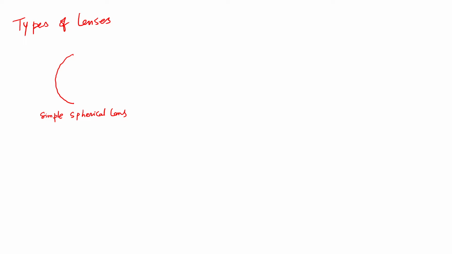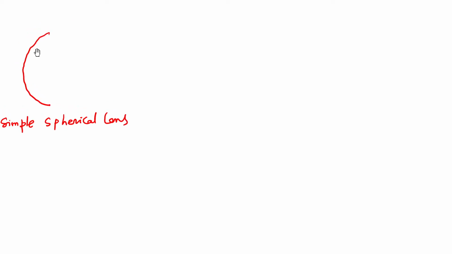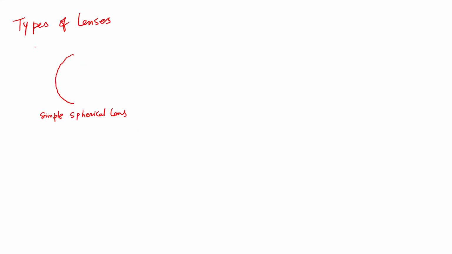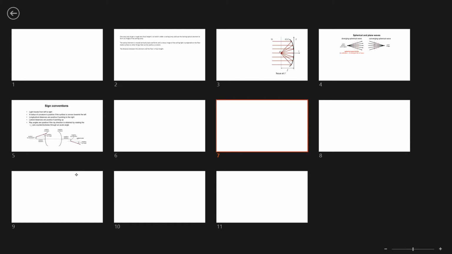Think about it. If you said negative, you need to go back and think about the sign conventions again. This is convex this way, so the radius of curvature should be positive, or radius of curvature is greater than 0. So this is a simple spherical lens, and then we have,